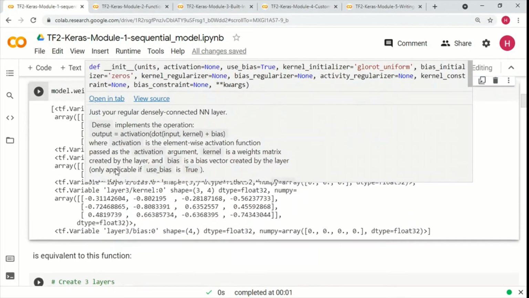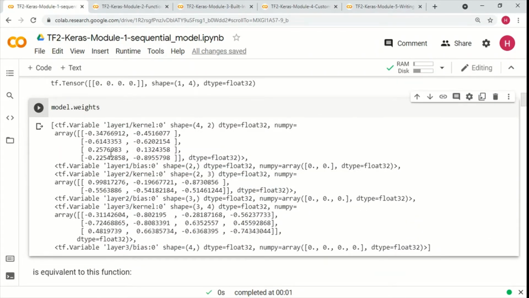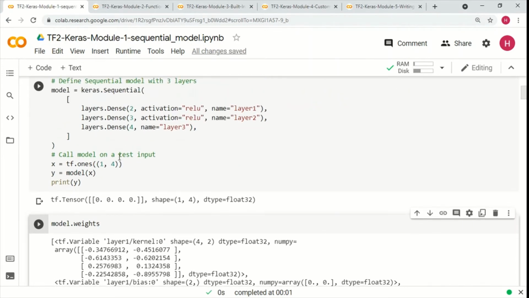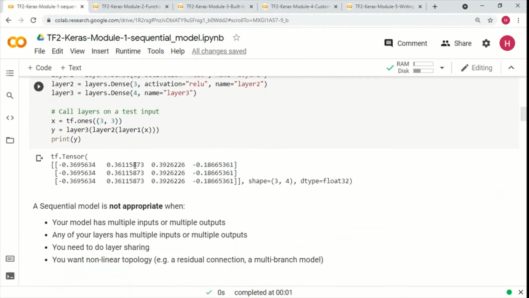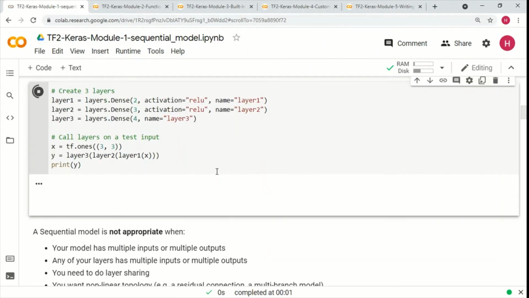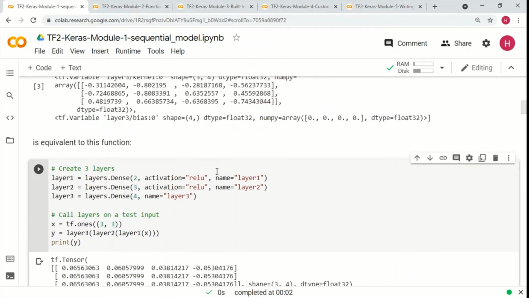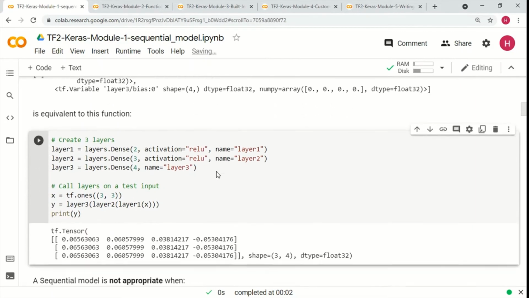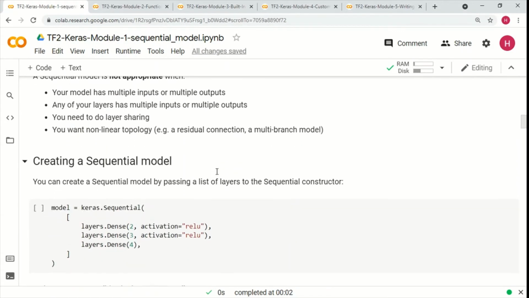Whatever we see here in the sequential model is the same as giving an input to layer 1, then the output of layer 1 as input to layer 2, and then the output of layer 2 as an input to layer 3, and then we get the final output here. So it's the same thing, but the thing to note here is we are giving one input at a time, and we are getting one output at a time.